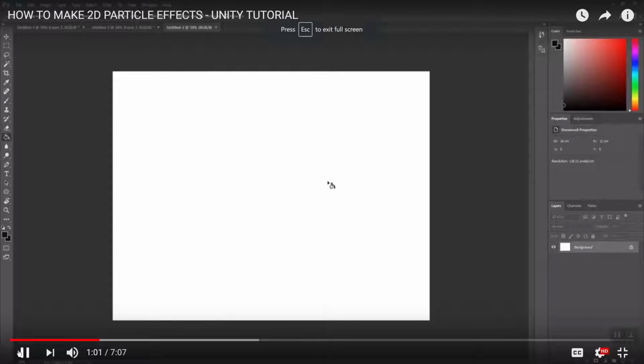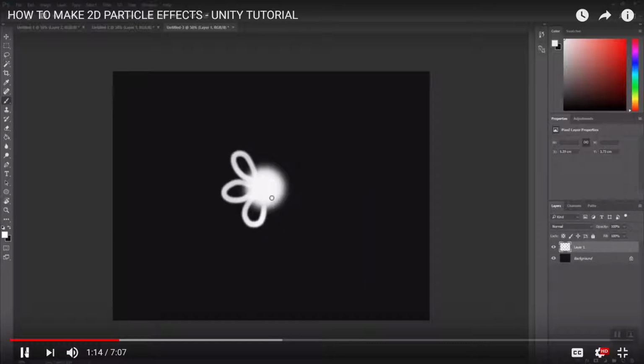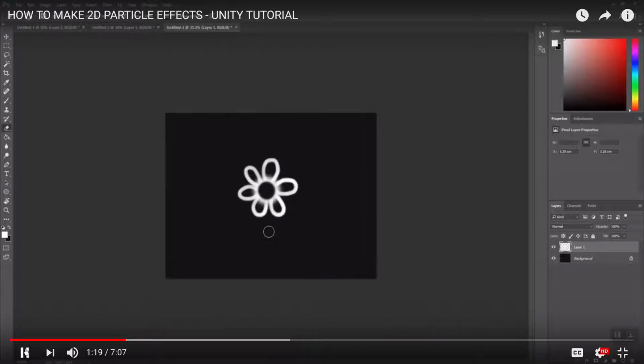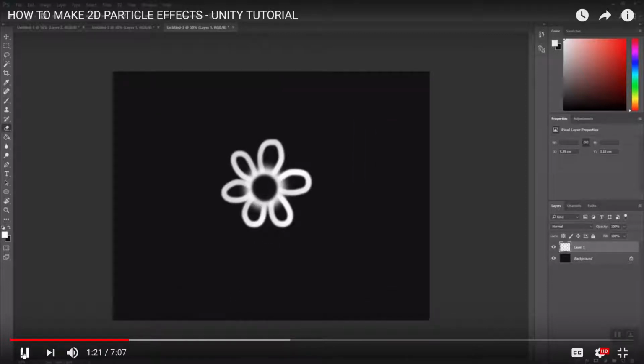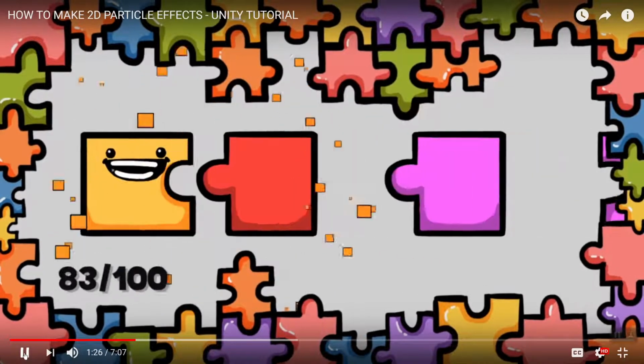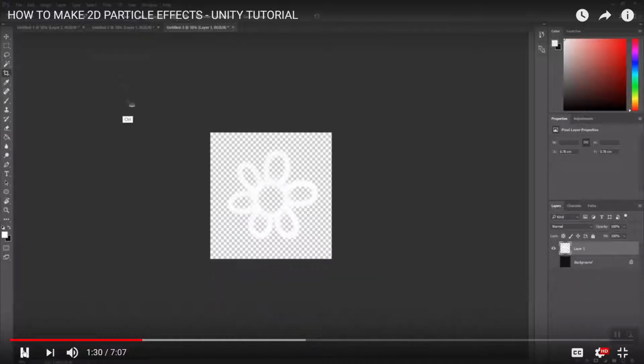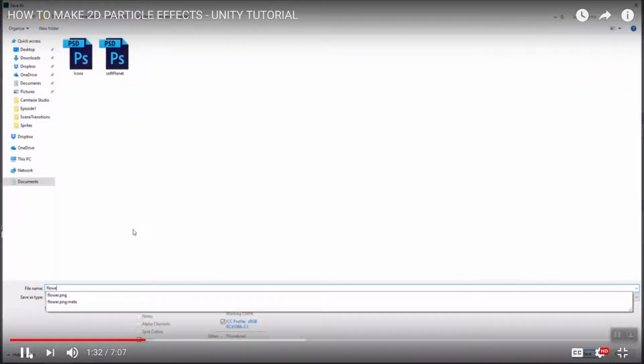Adobe Photoshop and draw out our particle visuals. I'll begin by filling up my background layer with some dark color and then drawing white my particle. I highly recommend you also paint your design in white, so you can then easily edit the colors in Unity. I'll create a fluffy looking flower to match the style of my scene. But of course, if you're making a more crisp, cartoon-like creation, take a hardbound brush and use that instead. Once I'm satisfied with how my particle looks, I'll save my file inside of my Unity project, and now I